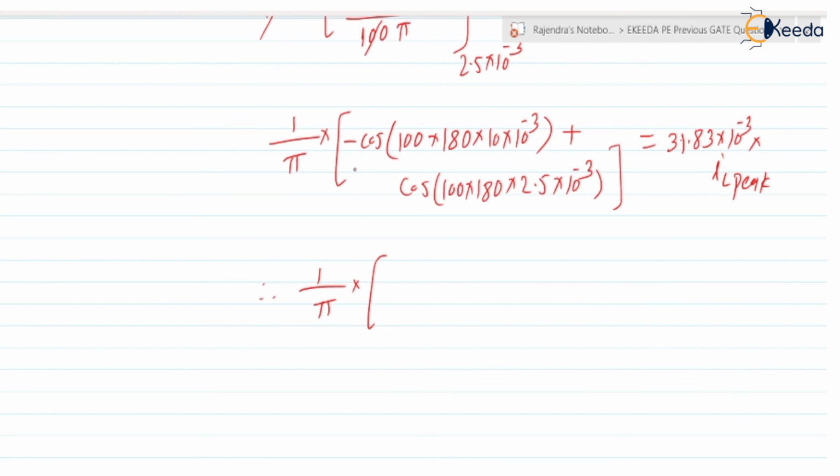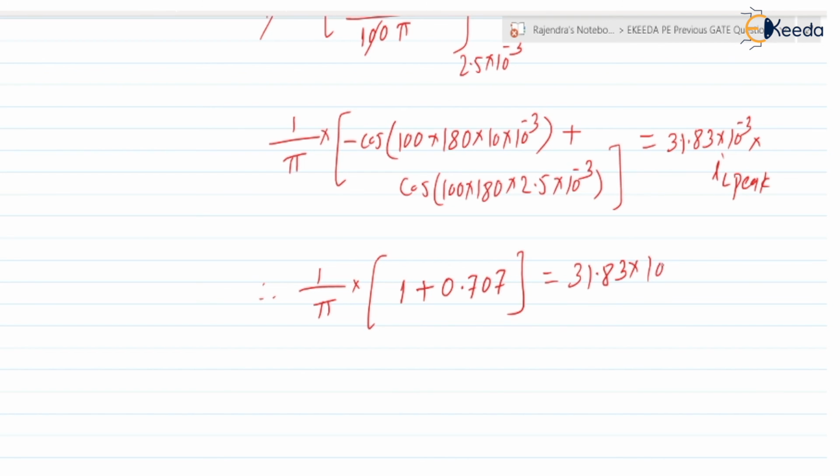So it is minus 1, and this minus and this minus make it 1, plus cos of 100 into 180 into 2.5 into 10 to the power minus 3, which is 0.707,